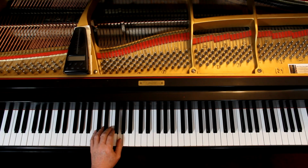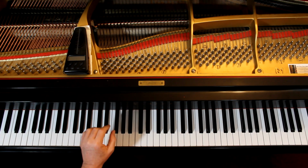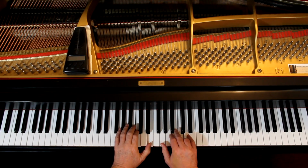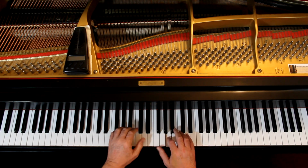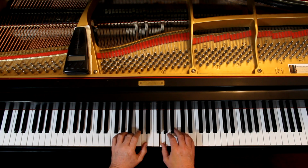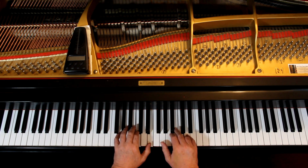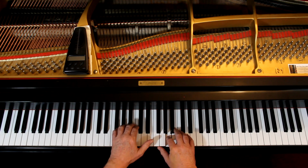It's 8th notes. 1 and 2 and 3 and 4 and. Just rest on 4 and then rest. Okay. Put the hands together. 1 and 2. 1 and 2 and 3 and 4 and 1 and 2 and 3 and 4. 1, 2, 3, rest. 1 and 2 and 3 and 4 and 1, 2. 1 and